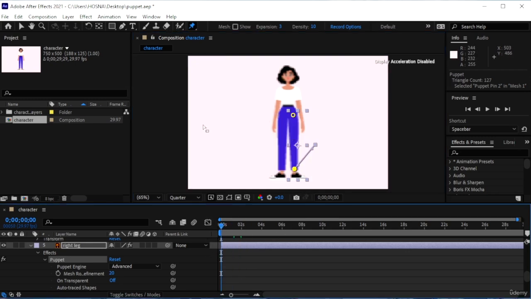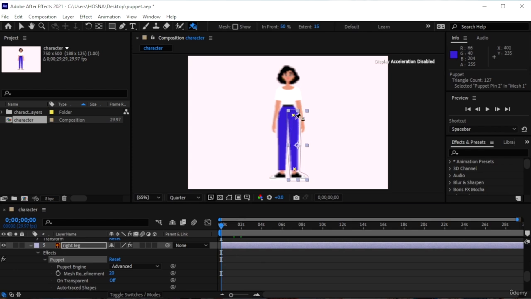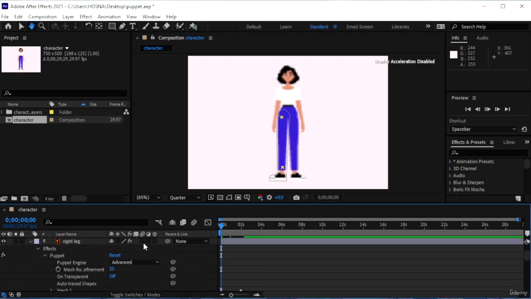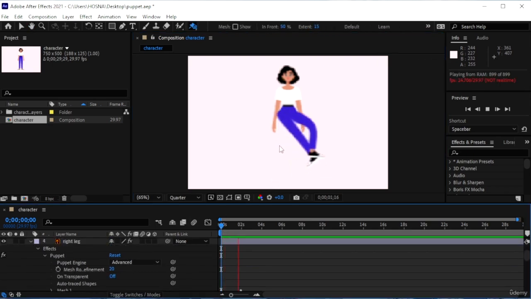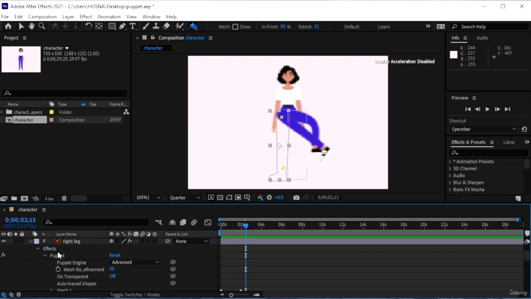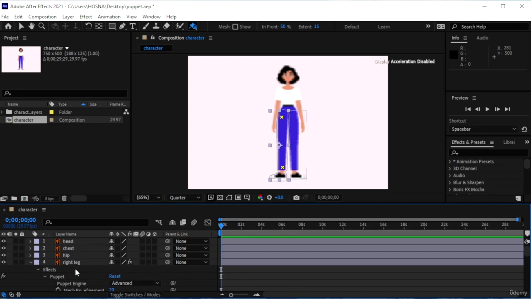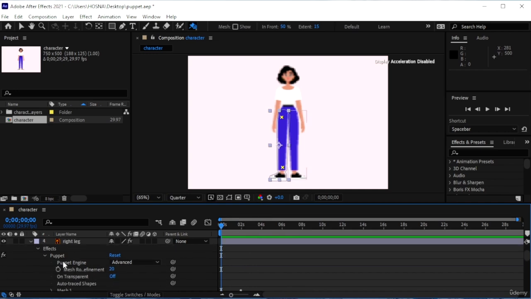And I'm going to go from the beginning, go with the Puppet Overlap Pin Tool. I'm just going to make marks on the right leg. And if you play this back, you can see that this guy goes on top, which you could easily just change the position of the layers. But basically it makes sure that your chosen layer overlaps with the other layers, as in it stays on top of that. Alright, let me just delete